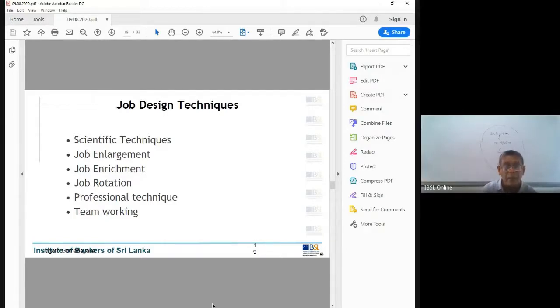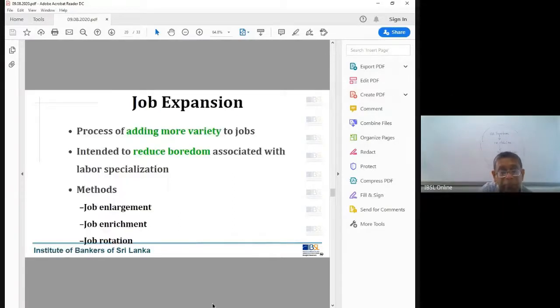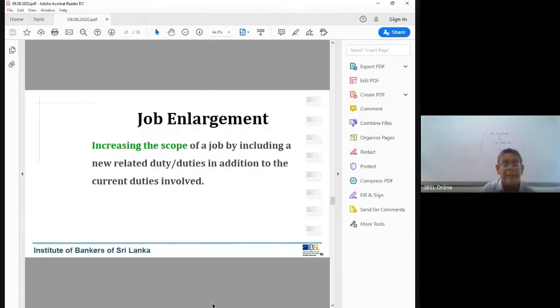right? Okay, now let's look at what is applicable for us, what you call job expansion. For that, we are using three important methods. One is job enlargement. Now think, how can you design your job? Through job enlargement. Increasing the scope of a job